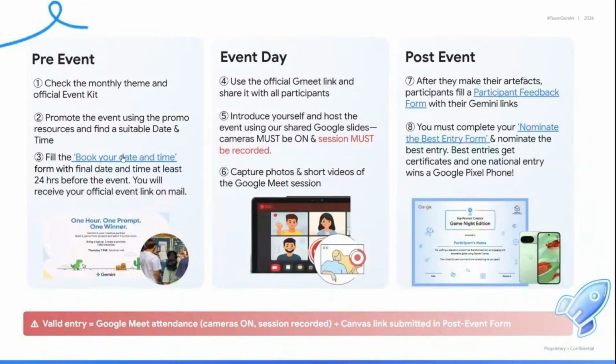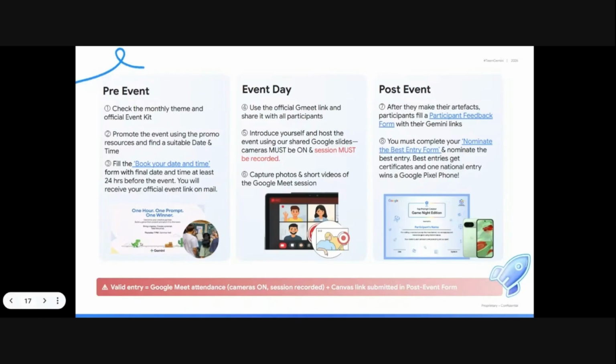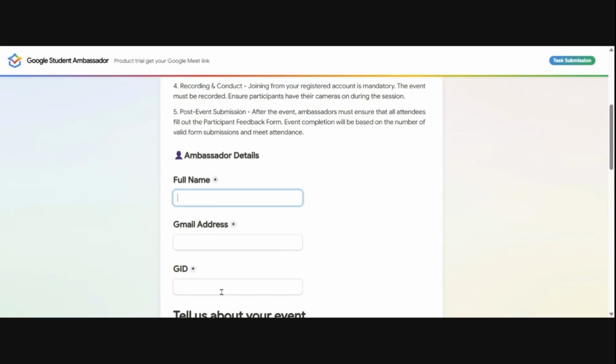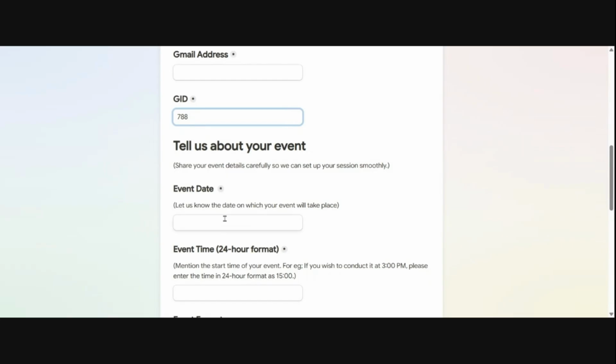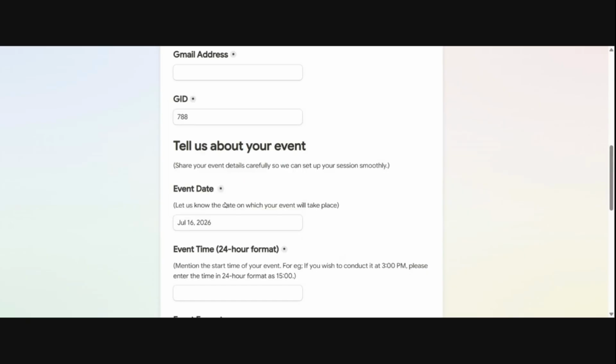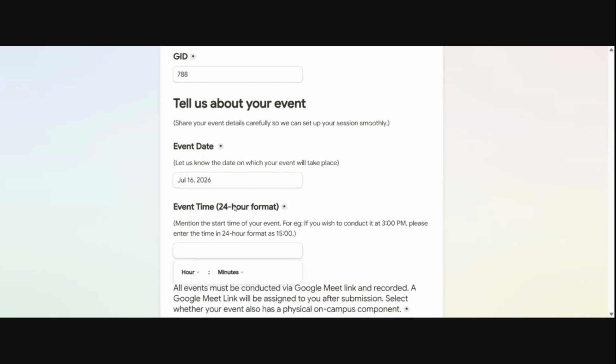You go here, you book your date and time slot, which is also given to you in your portal. You go to the form and you put your details. Say, for example, my name, and I'll put my GID, 788, for example. Event date, I want to do it for 18th. Actually, I would recommend we do it all before 18th because, if you're aware, there's also a sprint running from our side, right? So let's say 16 July, and then the event time will be, I want to do it